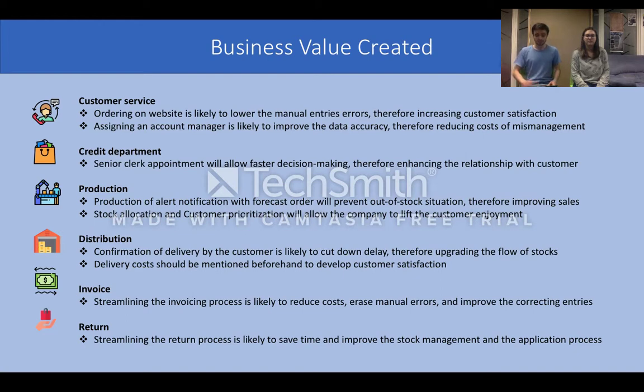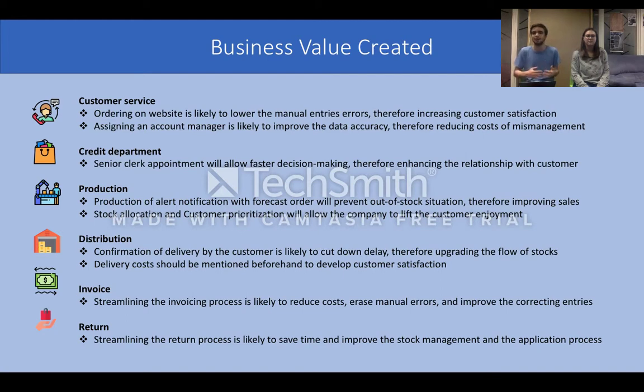In relationship to distribution, our idea is the confirmation of delivery by the customer. It is likely to reduce cost by erasing potential manual entry errors. And delivery costs should also be mentioned in advance to customers, beforehand, so that it could improve our level of customer satisfaction. With regards to invoices, streamlining the invoices process is likely to result in a reduction in cost